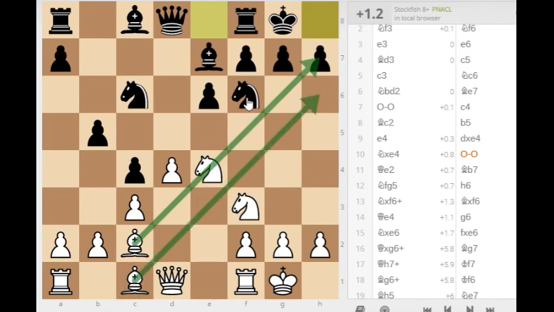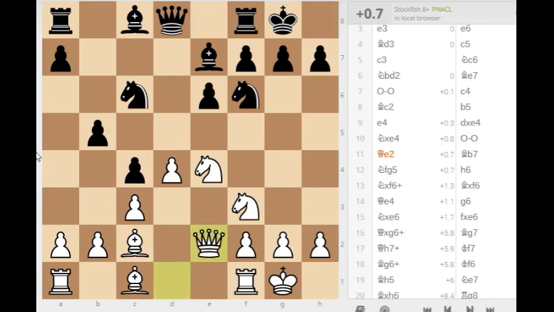We have this knight looking over there, and this knight is also going to look over there. So we have some pieces looking over there. Well, we'll develop first. Queen e2,